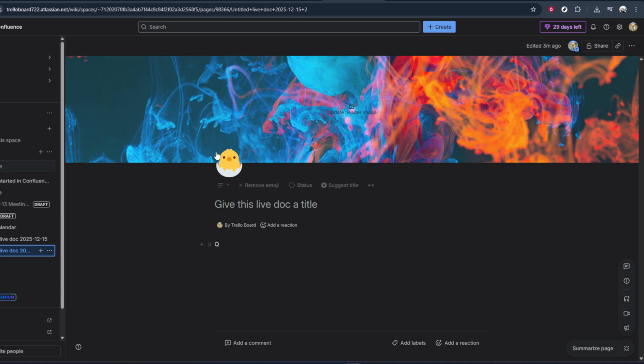That's all there is to it. By selecting the page and using the change emoji option, you can quickly